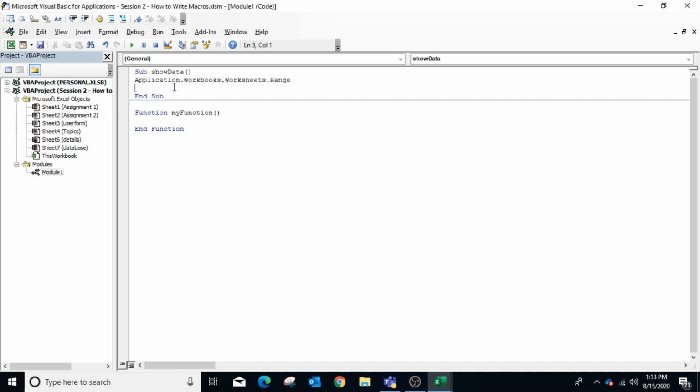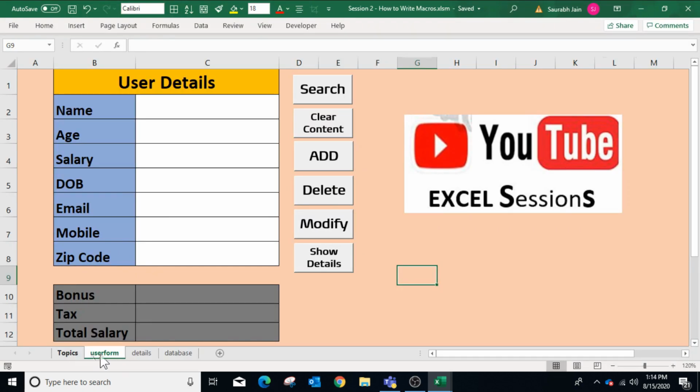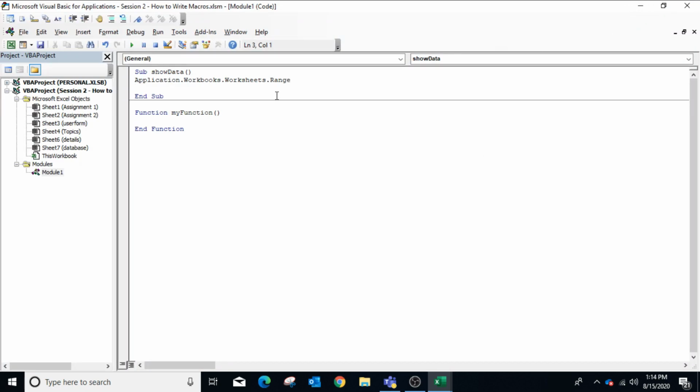Now here application is Microsoft Excel. Workbooks is the collection of all the Excel files. Worksheets is the collection of all the sheets within the Excel file, and range refers to the cell, and dot is used in between these objects.